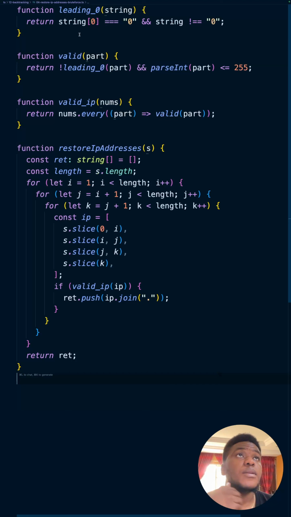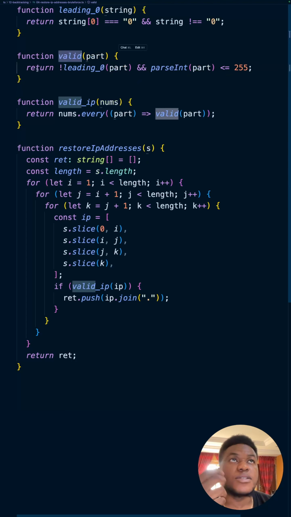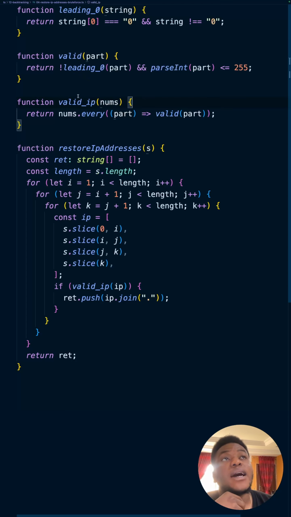Okay. Now, how do we check if it's valid? If there's no leading 0, and whatever the value is, we convert it from a string to an integer. That's what this does in JavaScript. We check, oh, is it less than or equal to 255? Then it's valid. That's going to return true, right? This expression is going to evaluate to true. And now a valid IP address is one where